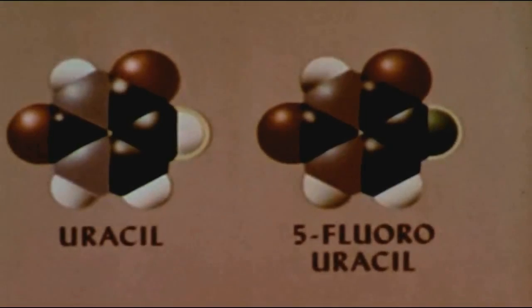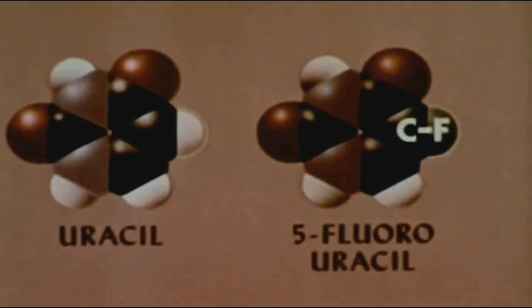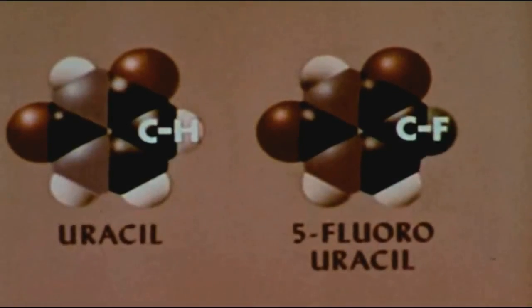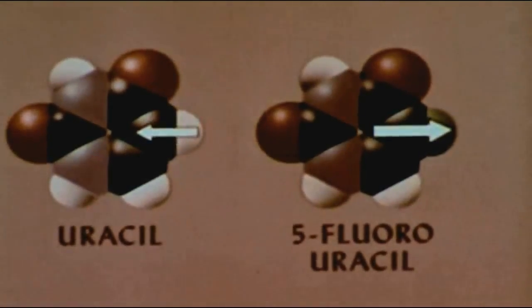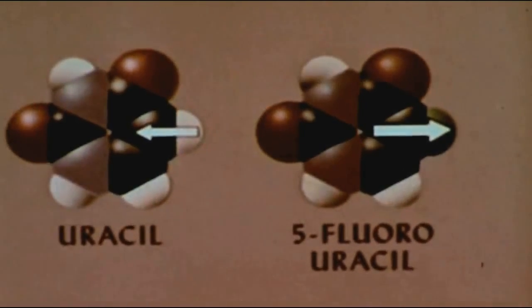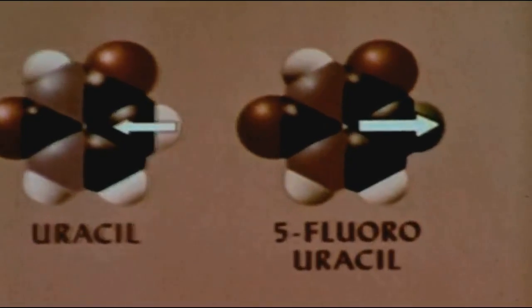First, the hydrogen and the fluorine are almost the same size, so that both molecules should fit into the enzyme. Second, the chemistry of a carbon-fluorine bond differs from that of a carbon-hydrogen bond, so that the enzyme might find it difficult to replace the fluorine with a methyl group. And finally, the changed polarity may allow the fluorine compound to adhere more firmly to the enzyme than would a